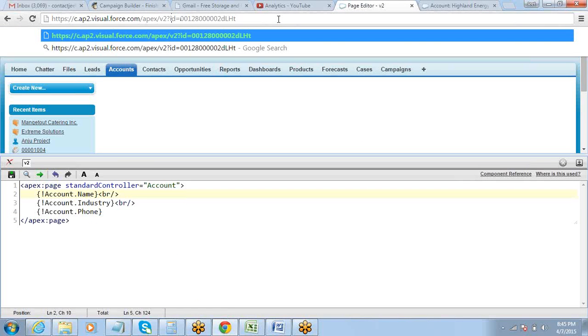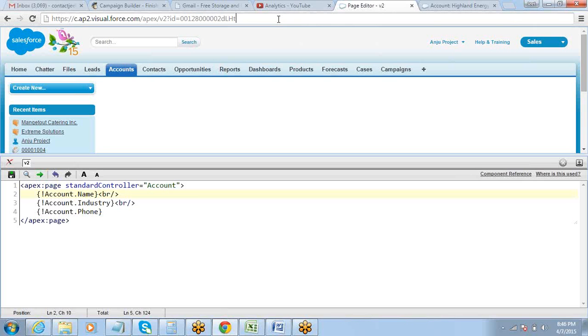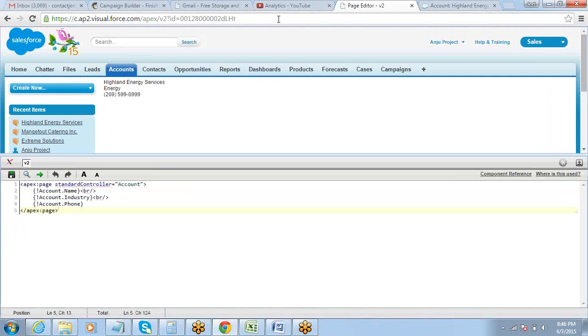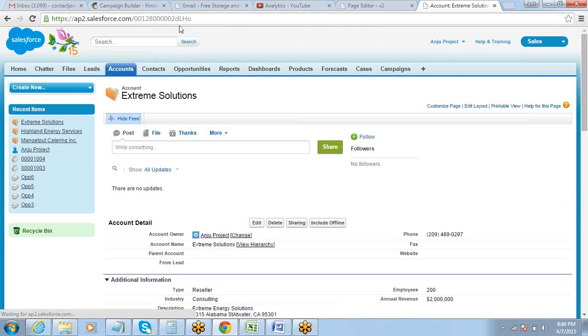in the page. So after the page name, you just need to give question mark ID equals and then put the ID. Correct? V2 is a generic page which can work for any record, but which record data you want to display, that you have to supply after this in the URL. Correct? So now I am talking about Highland Energy Services. I've taken the ID, just put the ID and press enter here. You see the data now? If you supply the ID for some other record, Extreme Solutions,